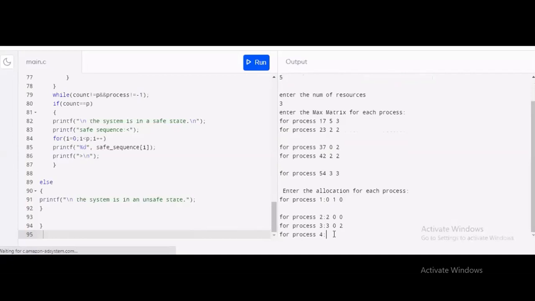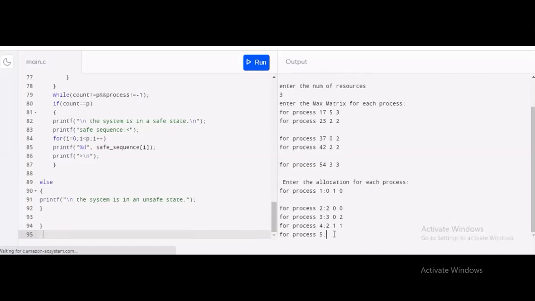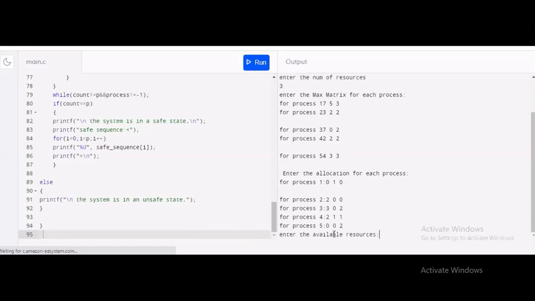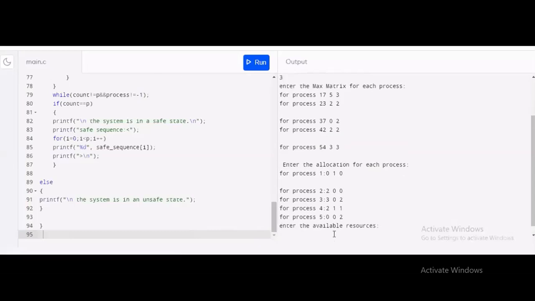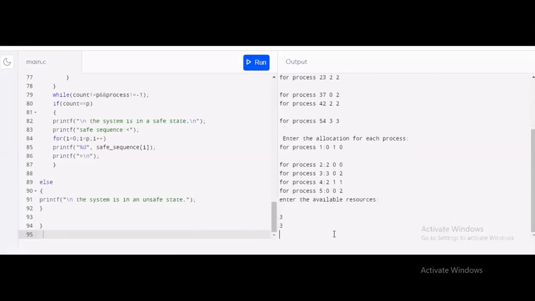For process 4, 2, 1, 1. And process 5, 0, 0, 2. Now we have to enter the available number of resources, which I'm going to enter as 3, 3, and 2.